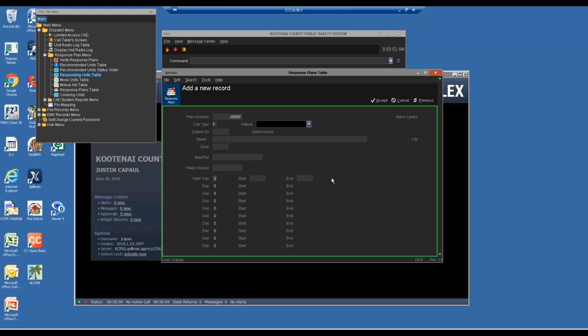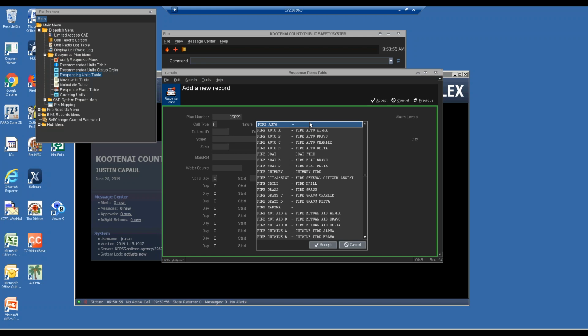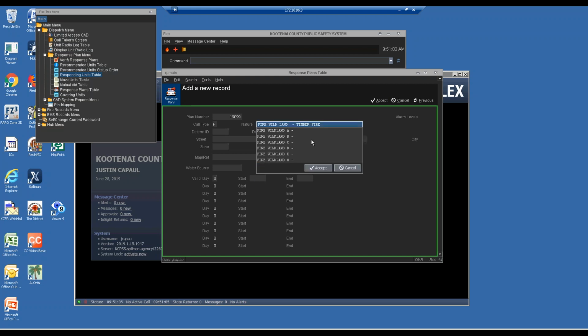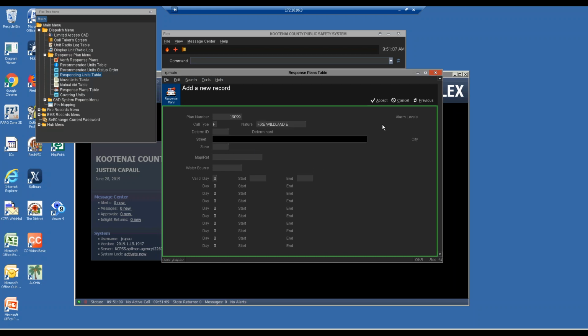Let's see if fire wildland echo has been added. We do have echo here. We'll do the same response on that. The only difference normally would be that we're going to add Department of Lands. So once again,